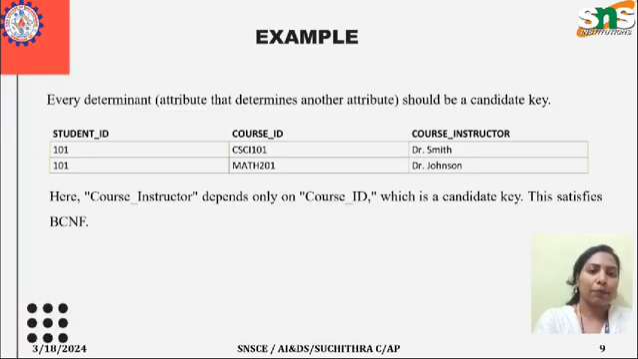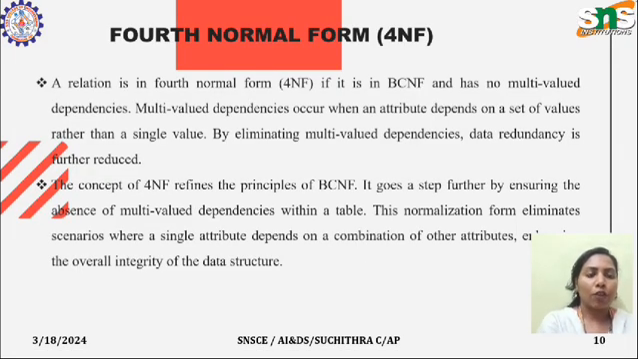We'll see the example for that. It's the same example, with the variation we have given here. We can see every determinant attribute that determines another attribute should be a candidate key. As before, we are taking the student ID, course ID and course instructor. Here course instructor depends only on course ID, which is a candidate key. This satisfies the BCNF. Fourth normal form, 4NF. A relation is in fourth normal form if it is a